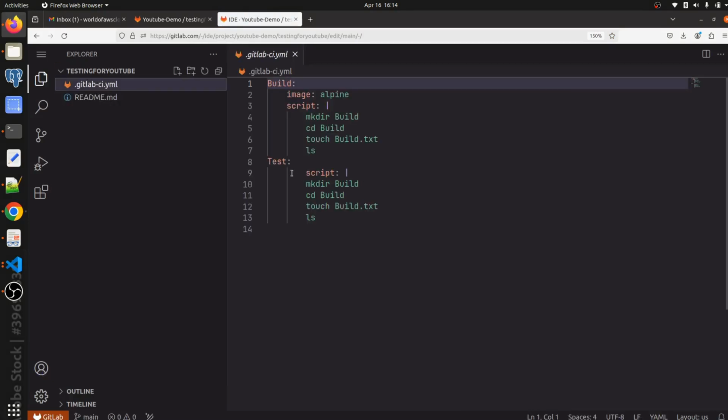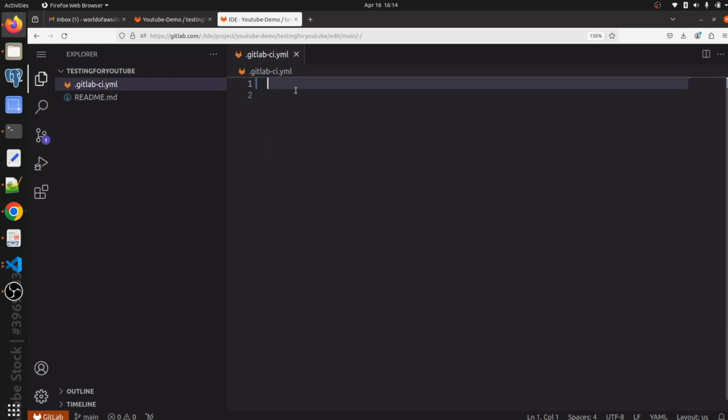Here we have already written the script, so let me remove it quickly. Let me write build, then image, that is Alpine I want, then after that a script,